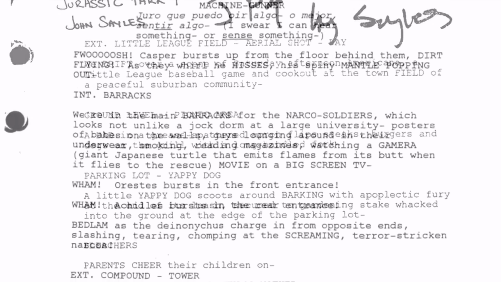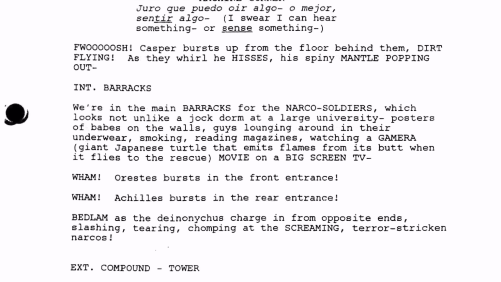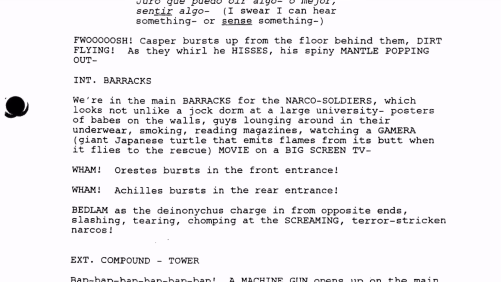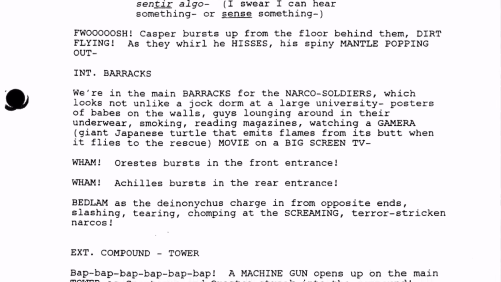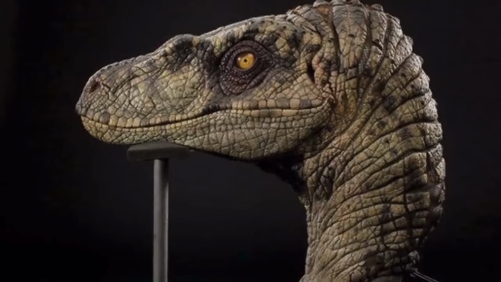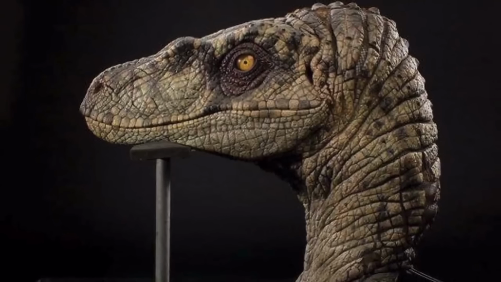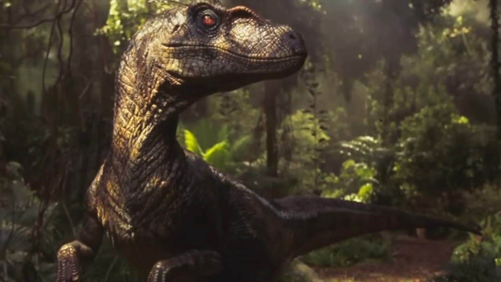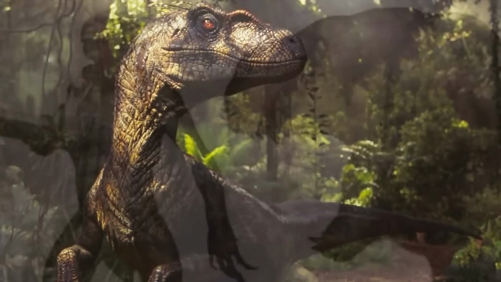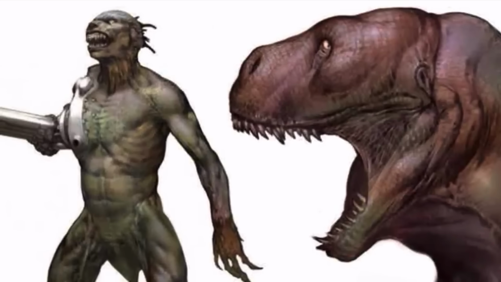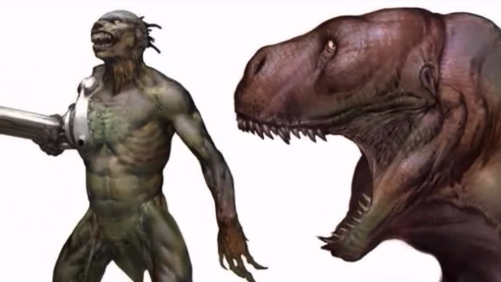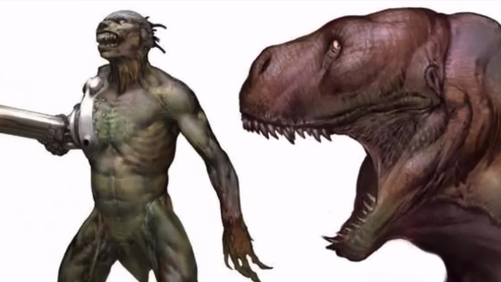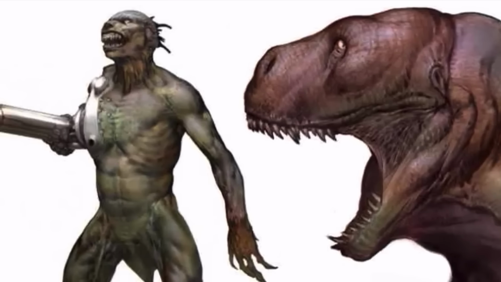This version of Jurassic Park 4 would have centered around hybridized Deinonychus with human and dog DNA spliced into them. And basically, these dinosaurs were going to be bred and trained to go fight off terrorists at any place around the globe. Now, even though these dinosaurs were genetically enhanced and trained by the military, it's important to note that this is not the version of the story that would have anything to do with the hybridized dinosaur humans that I'm making this video on. But this script would ultimately be the catalyst for those newer ideas.